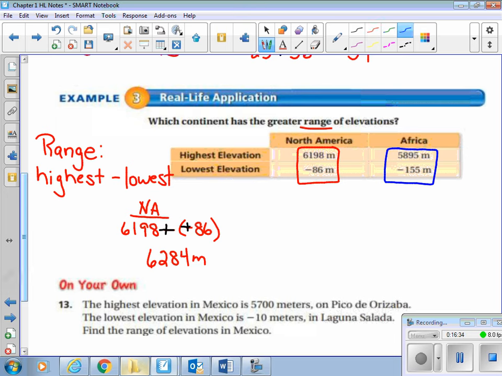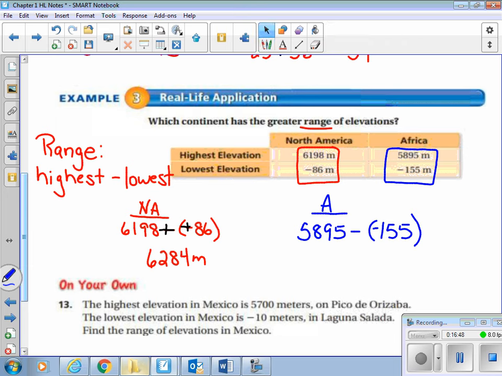Now let's take a look at Africa. For Africa, we're going to find the difference between 5,895 and negative 155. Again, range is subtraction of highest and lowest. We're going to think to ourselves, subtraction of integers gives me keep change opposite, so 5,895 is my keep. I change from subtraction to addition. The opposite of negative 155 is positive 155. I'm now looking at addition of the same sign, therefore I get to add those numbers and keep that positive sign, and when I add those two together, it gives me